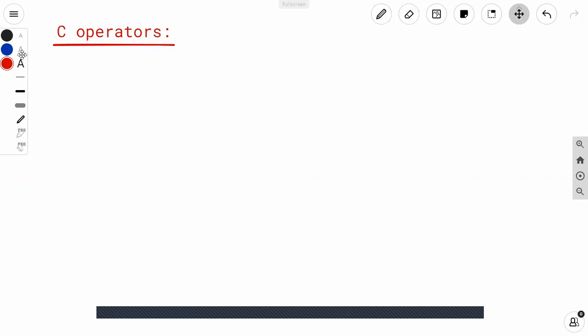This symbol which is used for performing some operations and that symbols are said to be an operator. Okay, what is an operator? Symbol which is used to perform some operation.